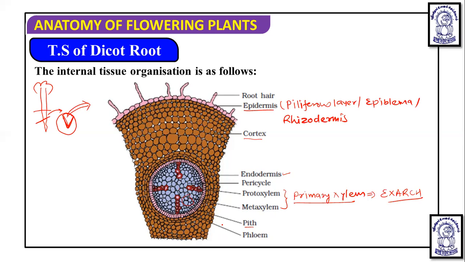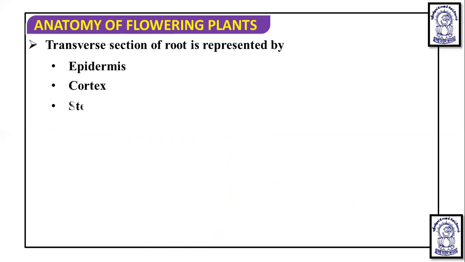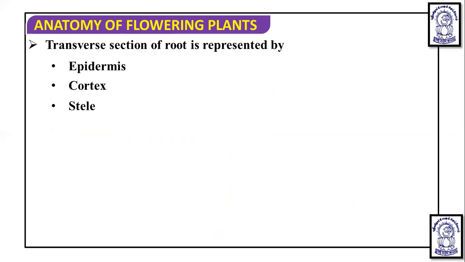Now let's discuss the points one by one. When we take a transverse section of root, you will see the outermost epidermis, then the cortex, then the stele. Stele is all the tissue present inner to the endodermis. And what is endodermis? It is the innermost layer of cortex. So you can see epidermis, and then in the cortex you will see that